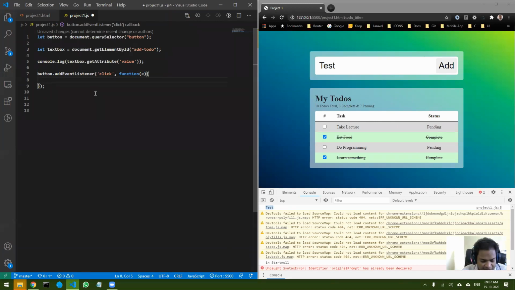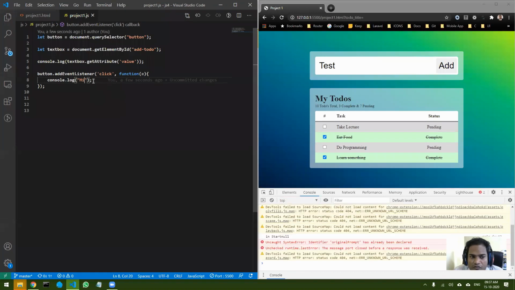Once you do that, let's see if it really works or not. Let's first do console.log, hi. Basically what I've done is, whenever you click the button, you should get hi in the console. That just shows that your form is working. So let me try it out.